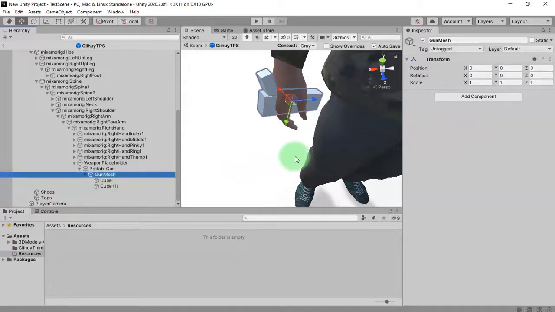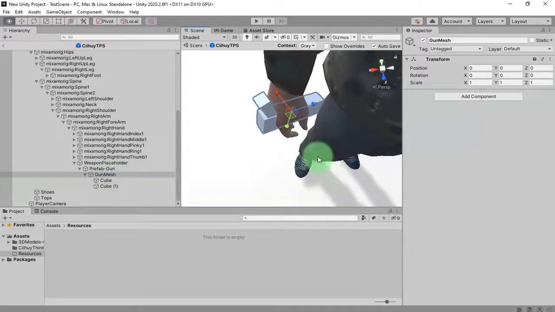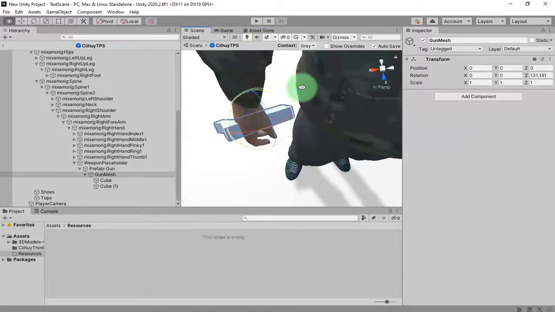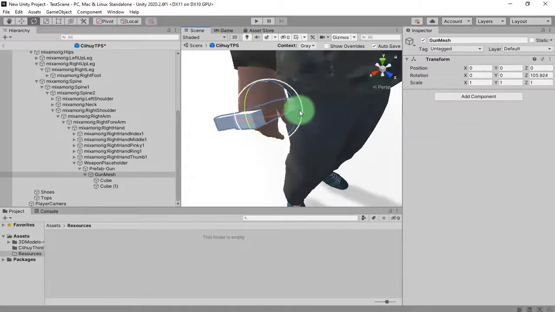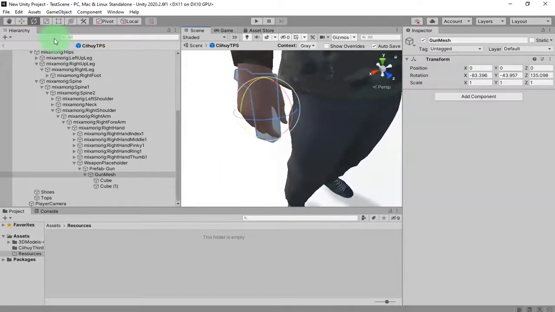This gun mesh has that transform, so I will rotate this gun mesh according to the position, the rotation and the orientation of the hand as I see it fits. For example, this way.